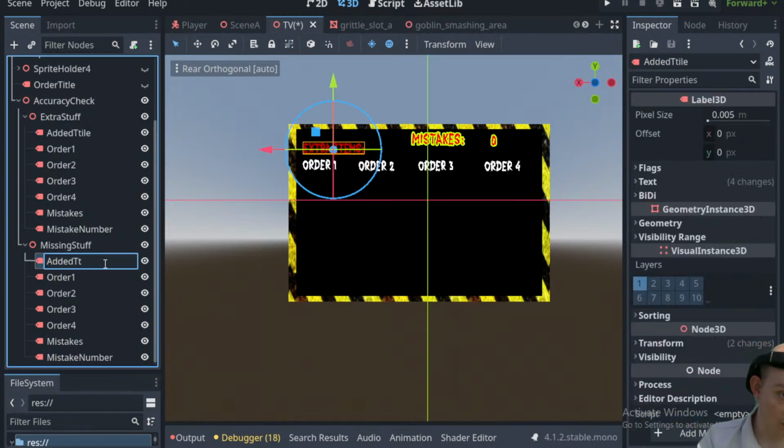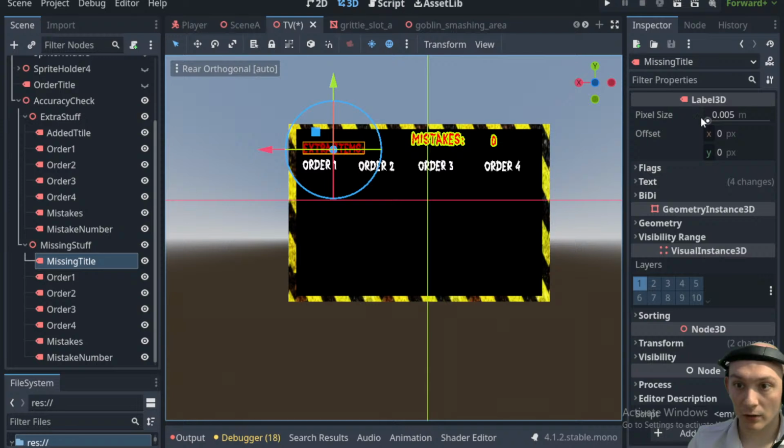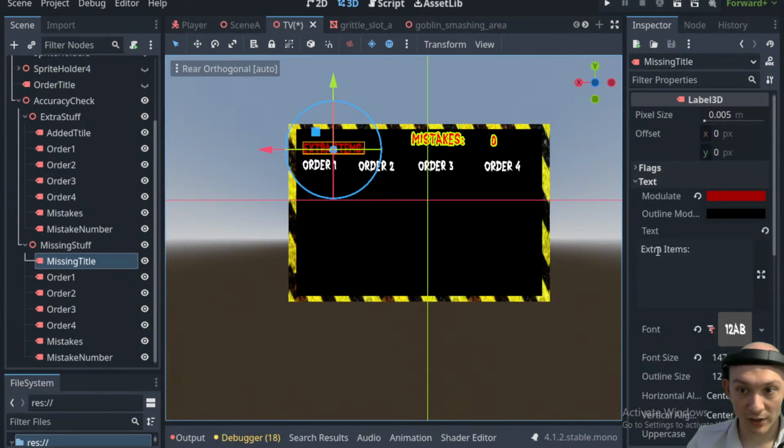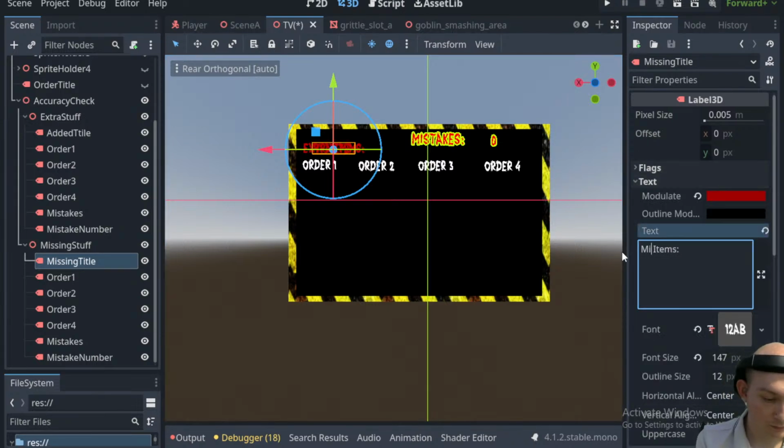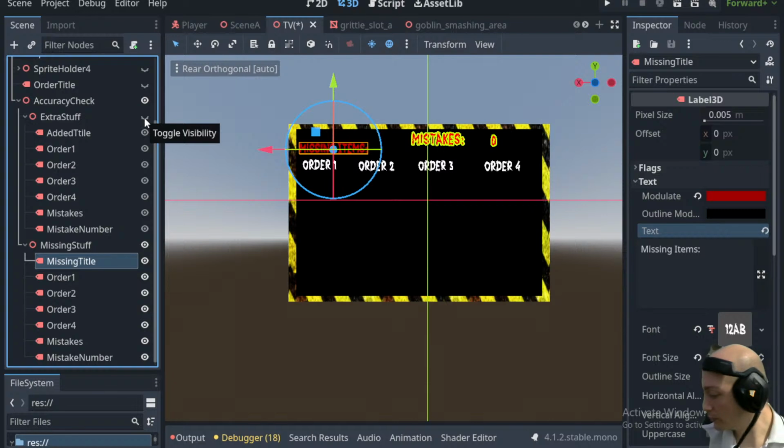We're going to call this missing title. Cool, and then we'll set the text as missing. And we'll hide this one. And